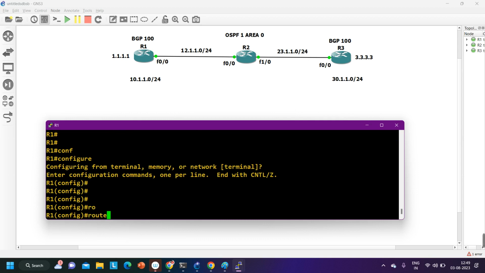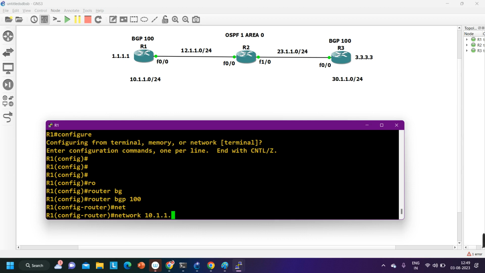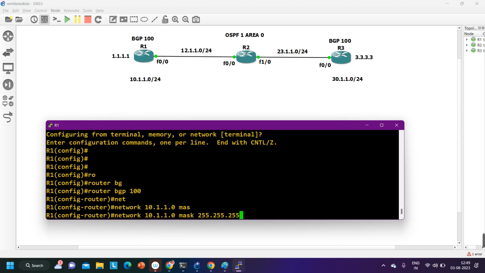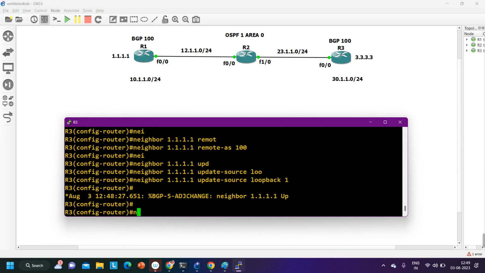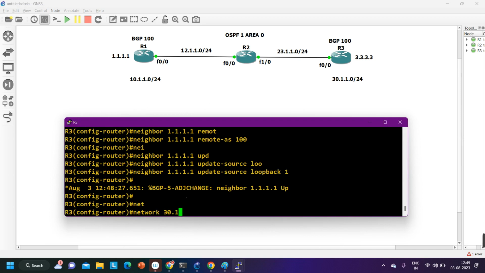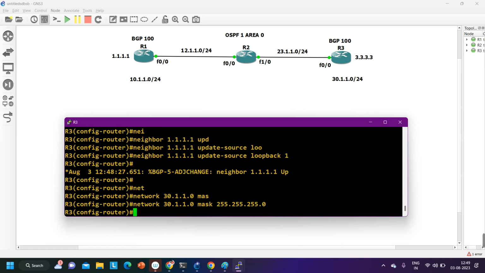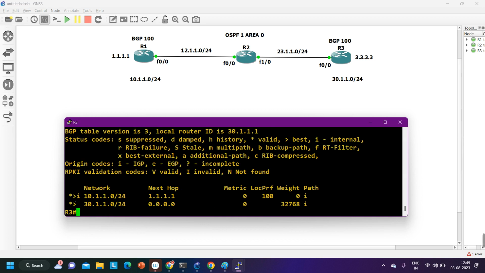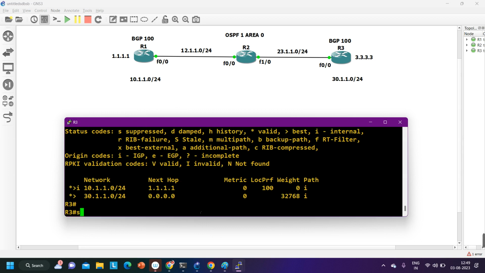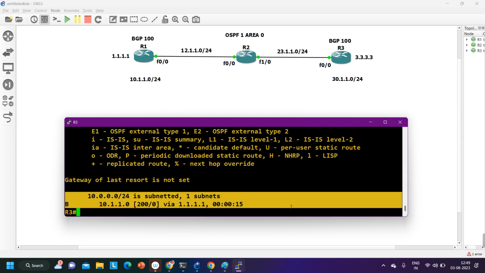See, router bgp 100 and network 10.1.1.0 mask 255.255.255.0. Go to R3, say network 30.1.1.0 and mask is 255.255.255.0. If you check the BGP table, so show ip bgp, you can see the 10 network is also there and the 30 network is also there. And show ip route bgp, you can see the routing table of router 3, it has